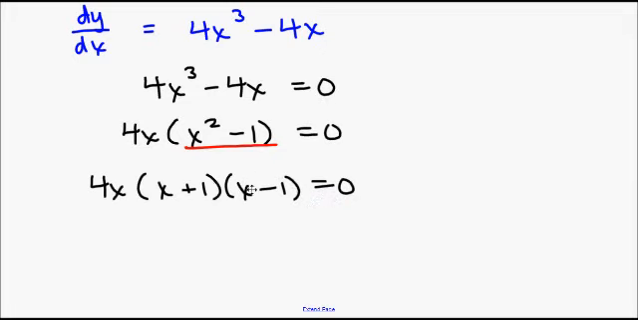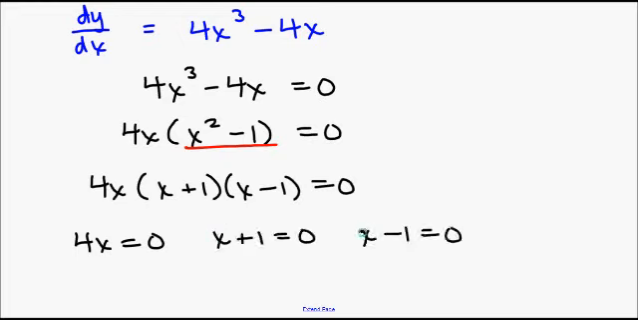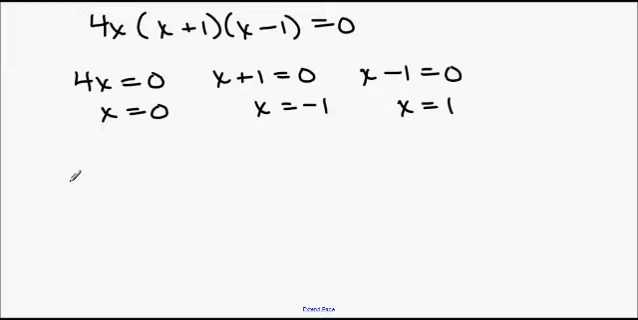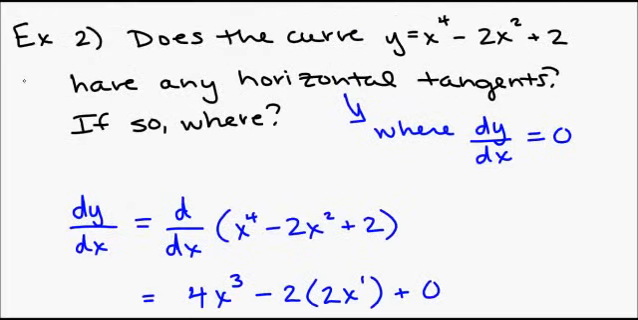And I will have a 0 where each of these is equal to 0. So 4x equals 0, x plus 1 equals 0, x minus 1 equals 0. So solving, I get x is 0, x is negative 1, or x is positive 1. Okay? So these are my horizontal tangent lines, basically. But I want to know the points, so I'm going to go back and plug in to that original